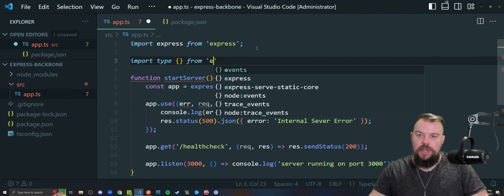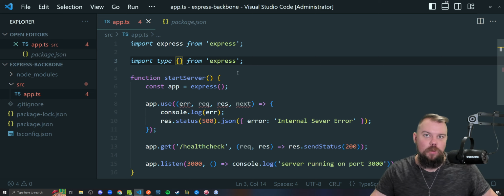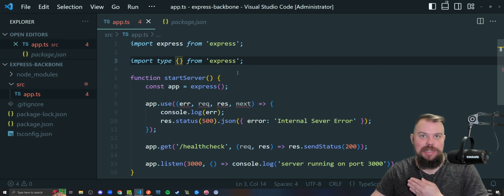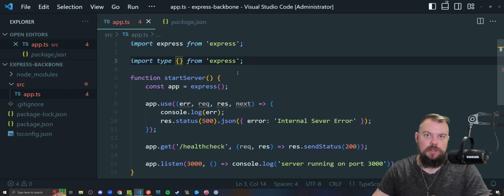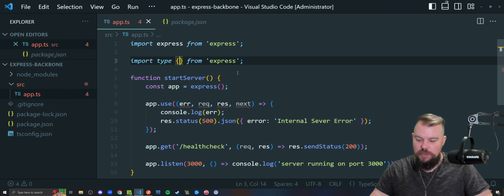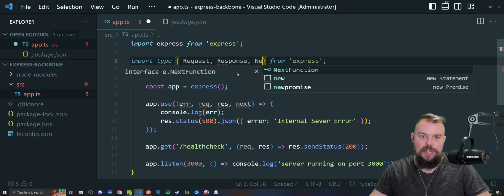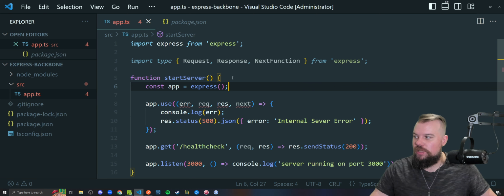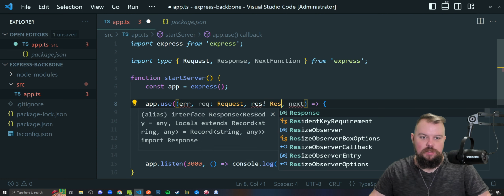Now, if you're wondering, Luke, can I just include these types or use Express dot down here? If I'm importing typings in particular, I like to include the import type syntax to make sure that in the compiled version, they don't have even an accidental footprint in my code. So this will just prevent any kind of compiling of something that doesn't have a JavaScript analog, aka TypeScript types. So I'll say bring in the request object, the response object, and the next function types, and I can now include them down here to say req, request, res, response,